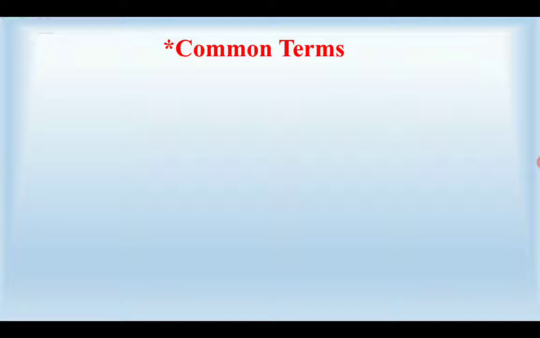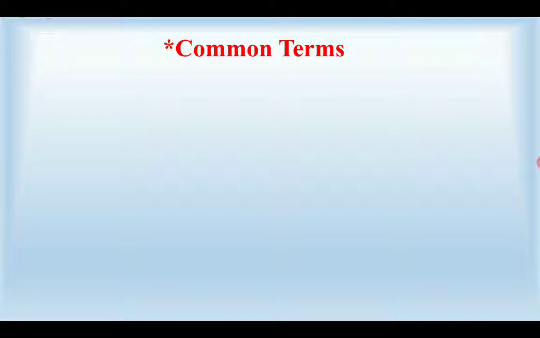Apart from these defects, there is another common defect, that is cataract, that occurs in the human eye with the passage of time. So before going to discuss the defects, let us discuss some common terms used in order to study the defects in the human eye.